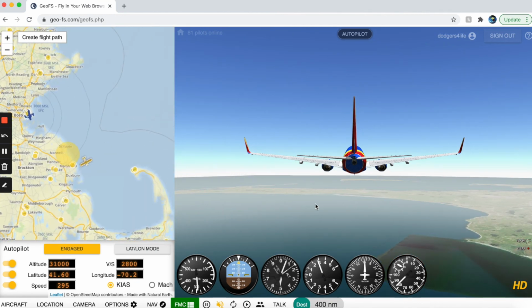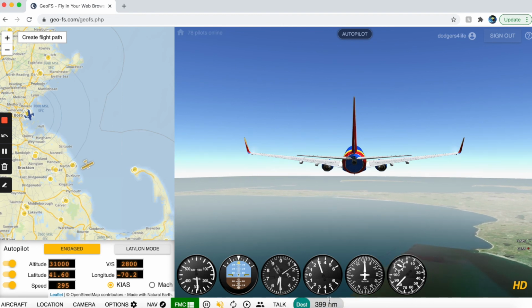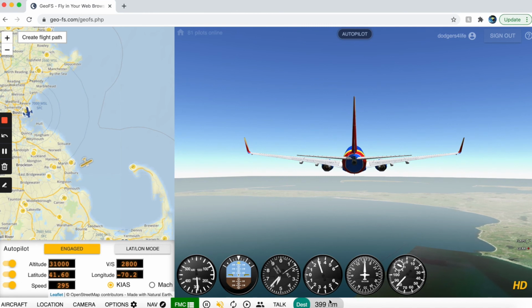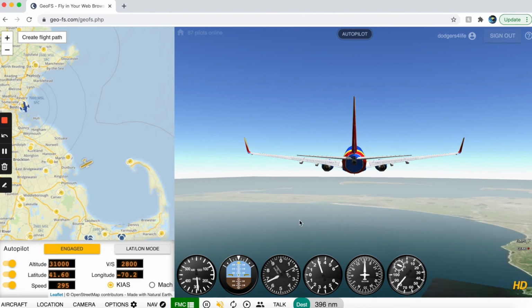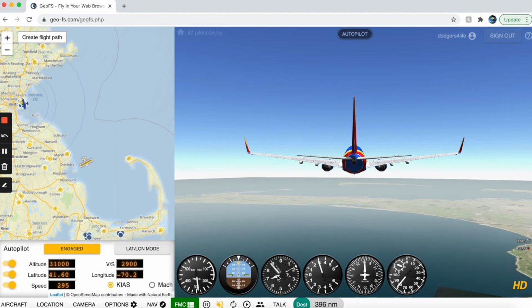Alright, so another thing that is added with these extensions is down here. You see it tells us how far we are till our destination. So it says we have about 400 nautical miles to go until our destination. A nautical mile is, I believe, a little bit longer than a mile. Not exactly sure to what extent, but I do know that it's a little bit bigger. But that's just so you can gauge if you're where you should be compared to how close you are to your destination. And as you can see right now, by this reading, we are at about 17,000 feet,